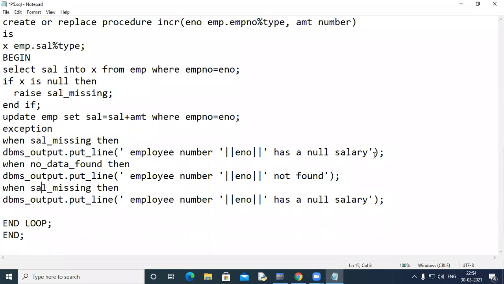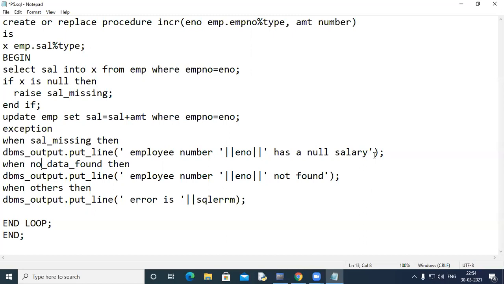And then we can write here WHEN OTHERS. Okay. We should make our program foolproof. When others, then we should write simply error is, and then you know what to write here. You should write here SQLERRM, right? SQLERRM. See, we have taken all the exception handlers in our procedure.